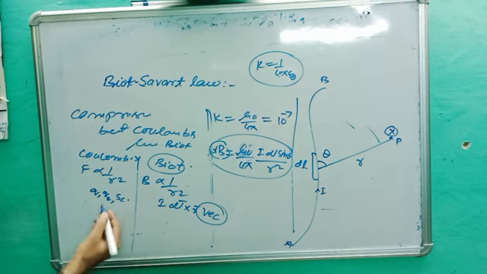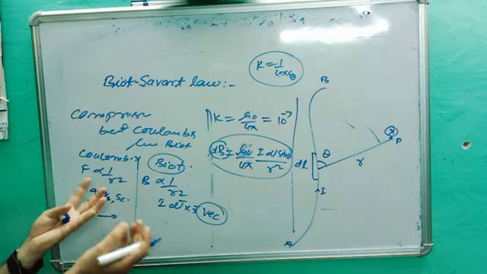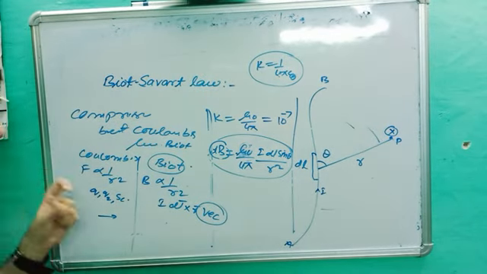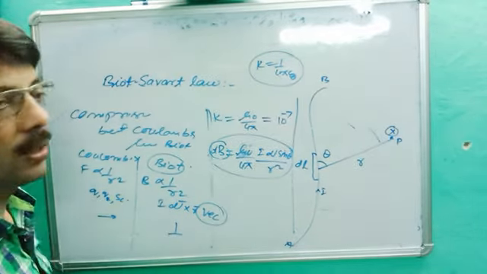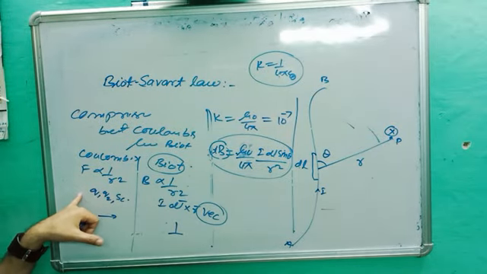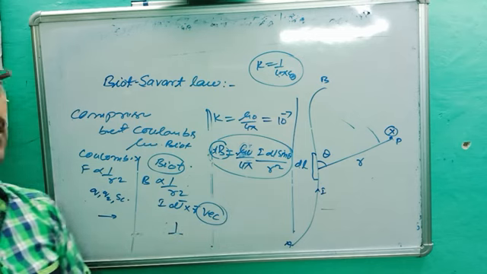Last point. The Coulomb force is always parallel, no doubt. If it is parallel, it will be F1 plus F2. If it is anti-parallel, it will be F1 minus F2. While the magnetic force is always perpendicular. Are you getting the point? Inversely proportional to R square. Its source is a scalar, its source is a vector, it is parallel, and it is perpendicular.